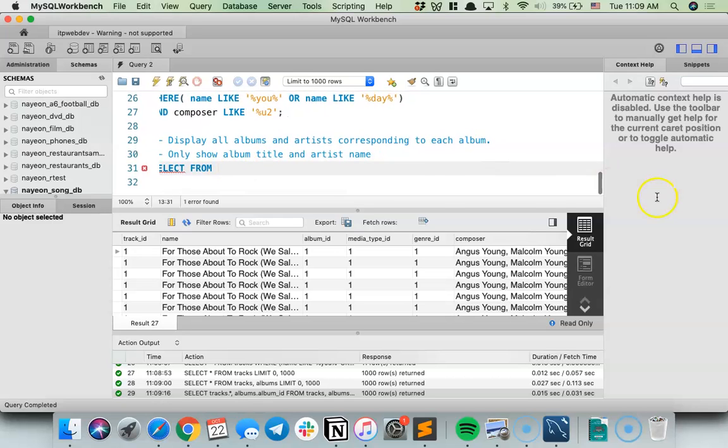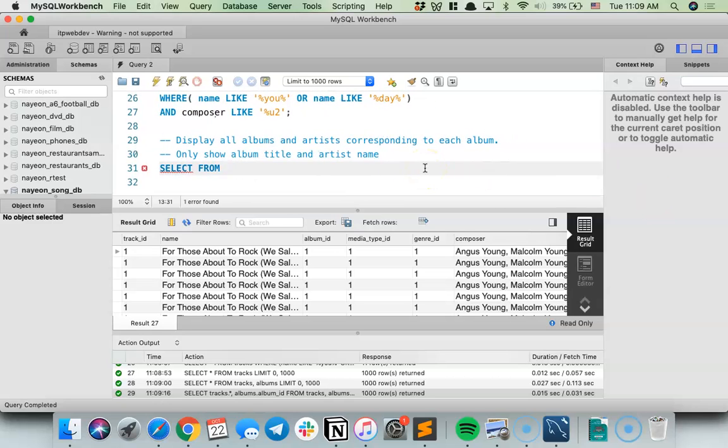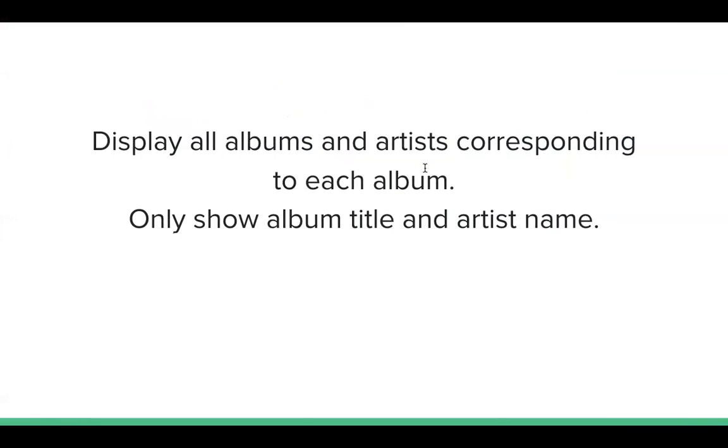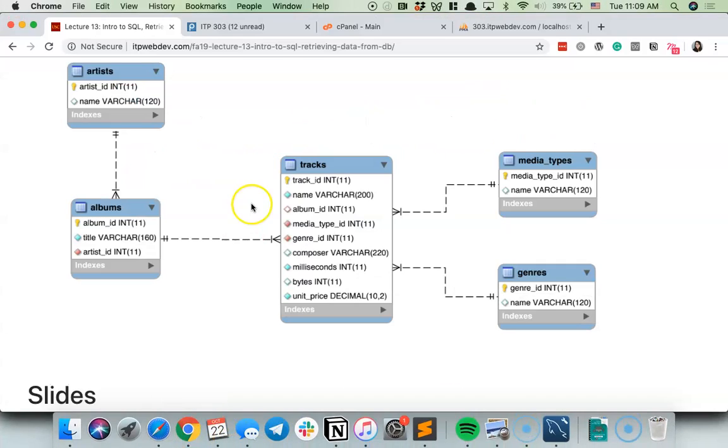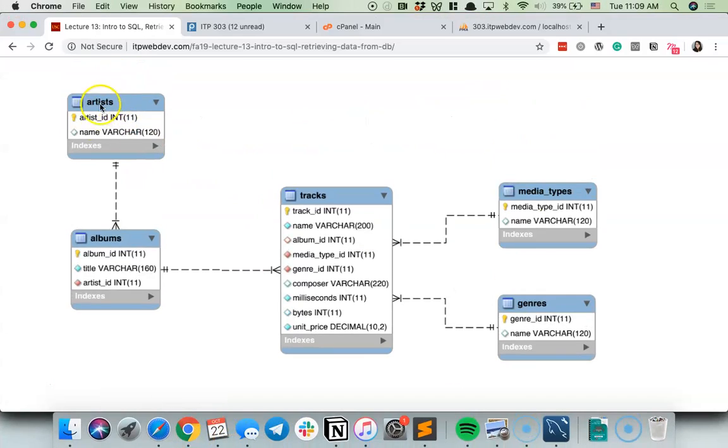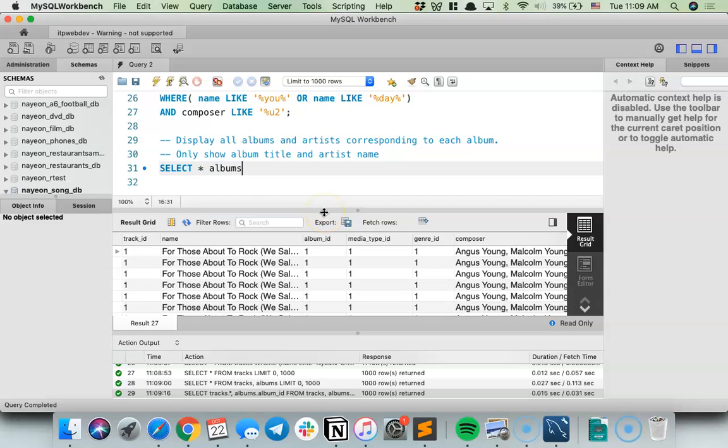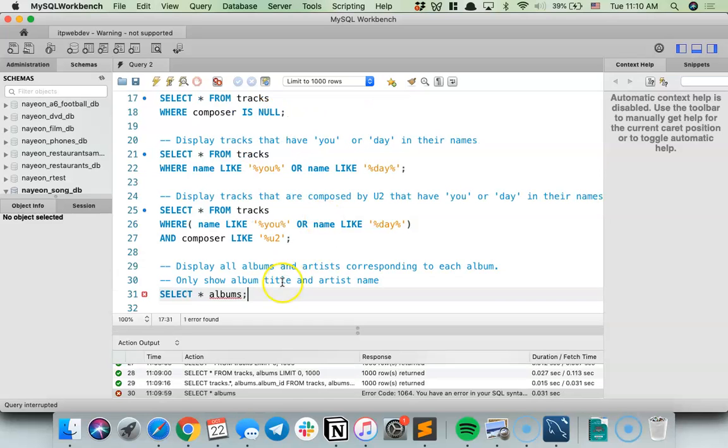Display all albums and artists corresponding to each album. Only show the album title and artist name. All right, let's keep it simple. We're going to select everything, and let's take a look at our table diagram again. We want to see all of my albums and the artists.